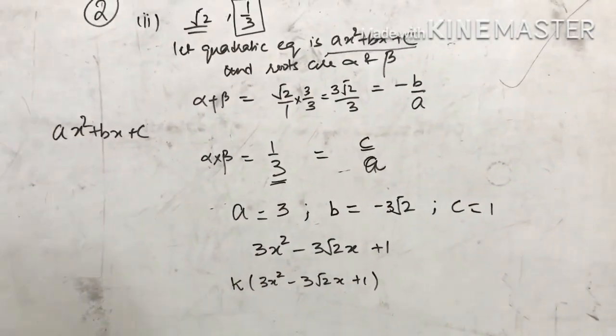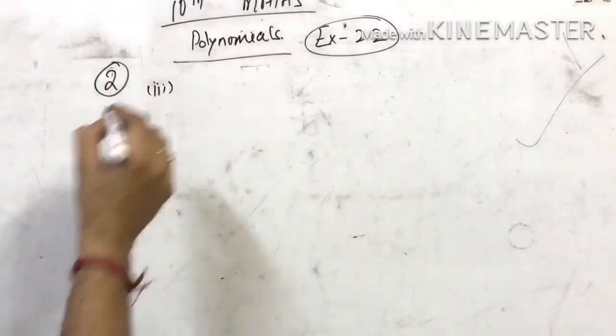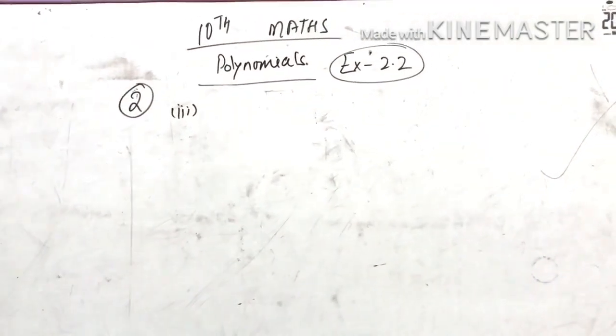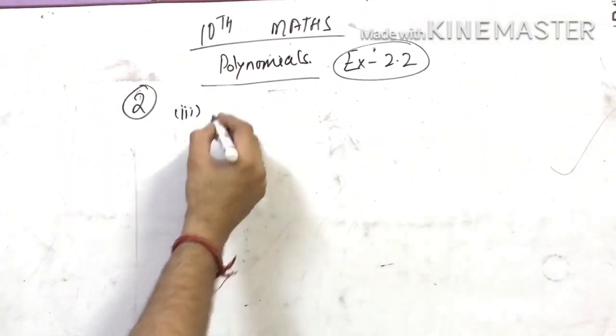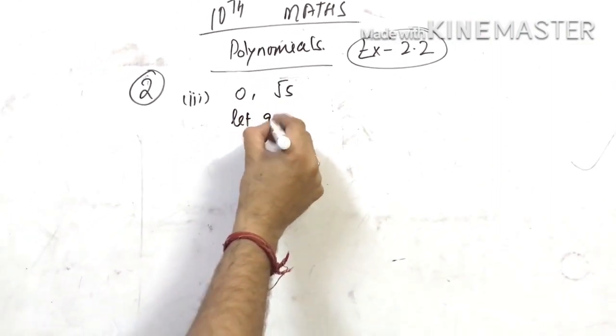All these equations also satisfy the given condition. Third part is: you are given that the sum of the zeros and the product of the zeros is 0 and root 5. So 0 comma root 5. So let the quadratic equation be